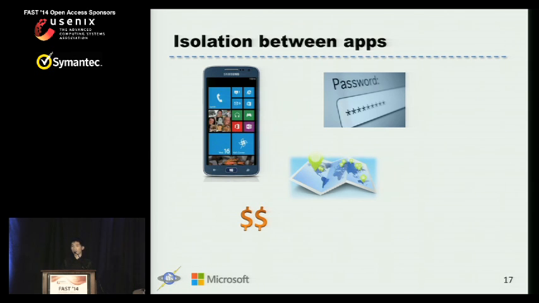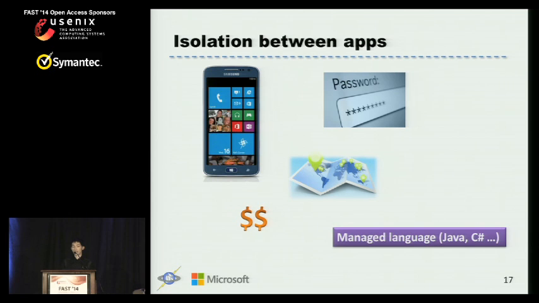So you don't want, say, an application to have access to the sensitive data if it is not authorized to. And you also want to protect against attacks from malicious applications. So that's the reason you really need isolation between applications. So programmers use a managed language like Java or C# to achieve the goal of isolation. If you write programs using Java or C# or some other managed language, each application that you write will be running on top of the virtual machine, and the virtual machine will take over